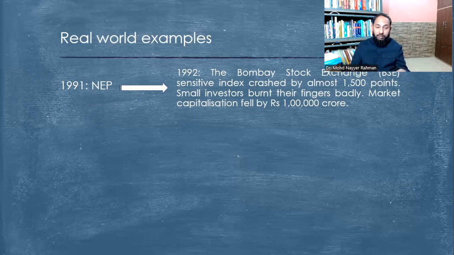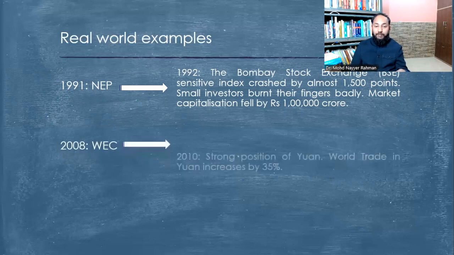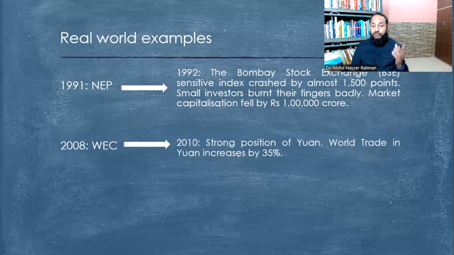Another example which will clarify this concept, which stands as the foundational philosophy of econometrics, is the world economic crisis of 2008, which started in 2007 with the subprime crisis and became a contagion crisis in 2008. Soon after 2008, with some kind of gap, but obviously not a long run effect, in 2010 the yuan became very strong, and around 35% of world trade increased in yuan in terms of